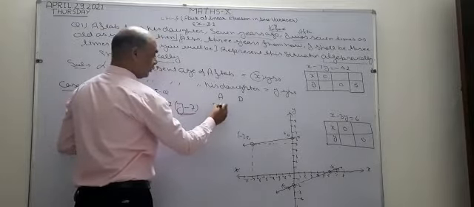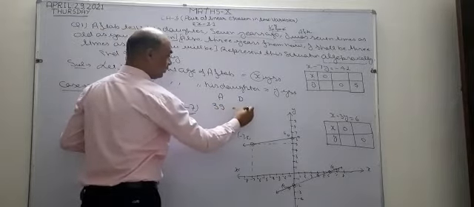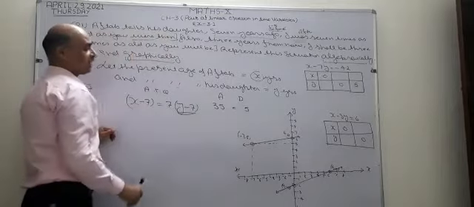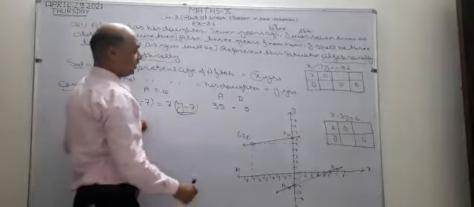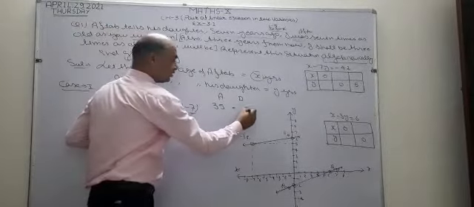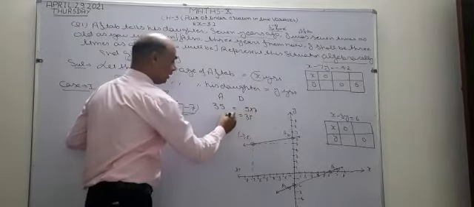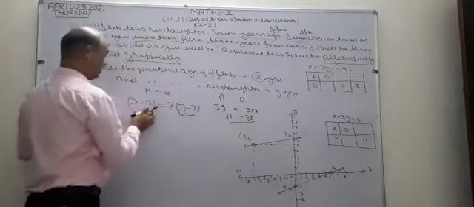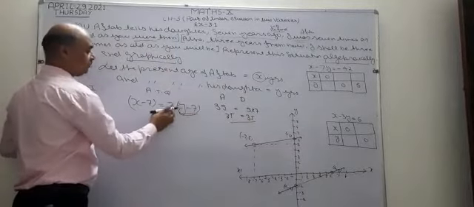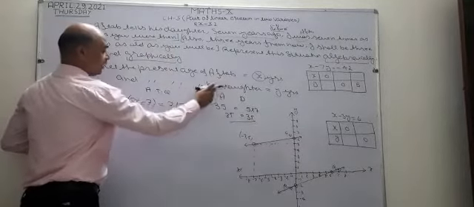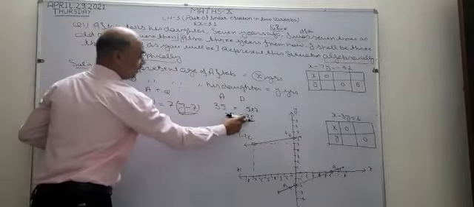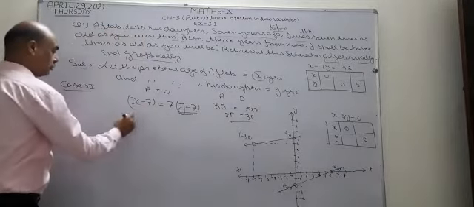Aftab's age is 35 and his daughter's age is 5. Since Aftab's age is 7 times his daughter's, I am going to multiply the daughter's age by 7, so that both the ages become equal. This is the reason I am going to multiply the daughter's age by 7, so that both sides become equal. Okay. Now open this bracket.